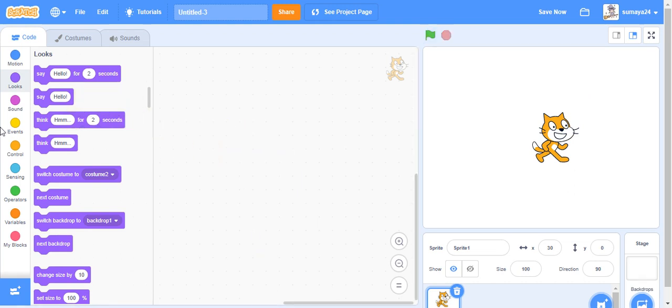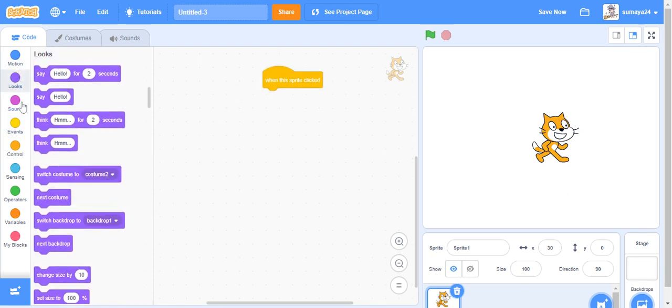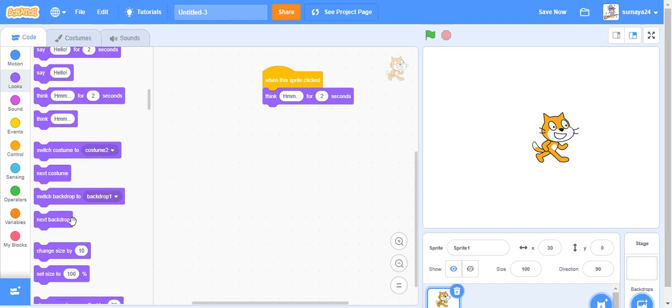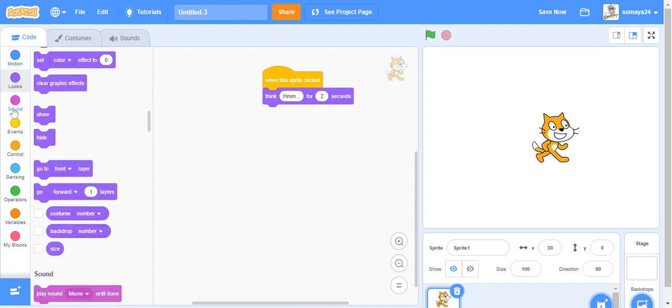Next one is when this sprite is clicked. So let's do it when this sprite is clicked. Think for 2 seconds. See, when I click this little sprite, when I click Scratch Cat, it thinks. So the next one is